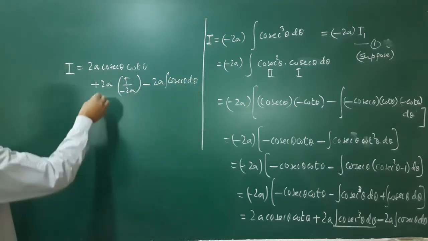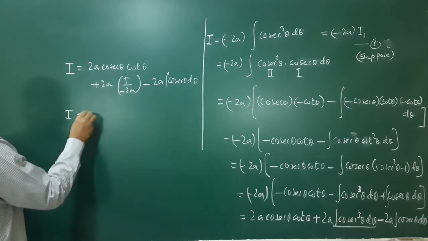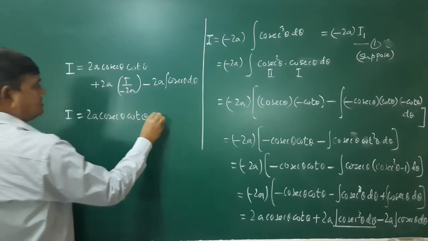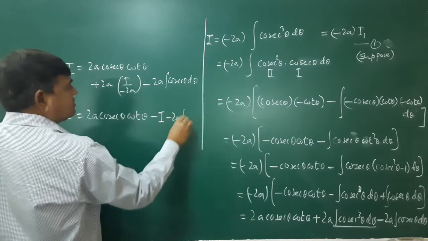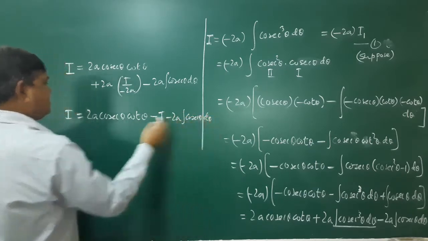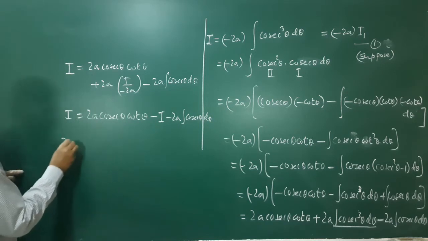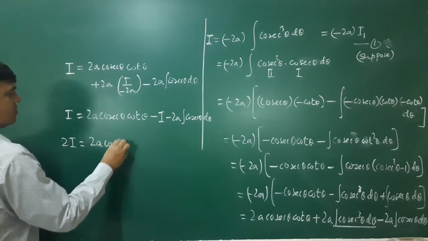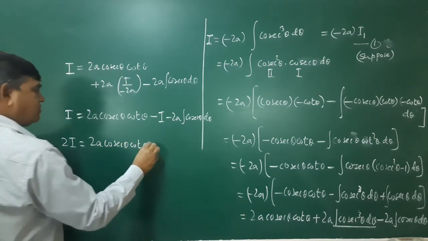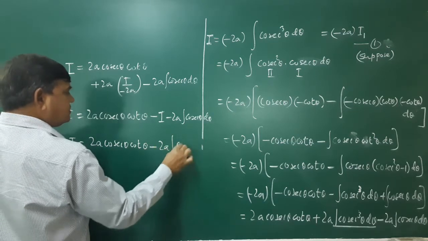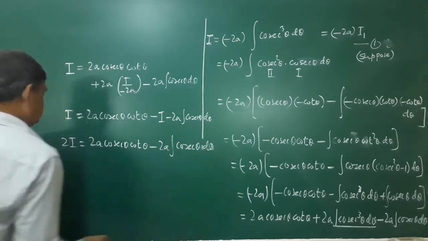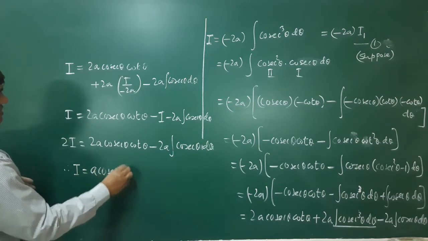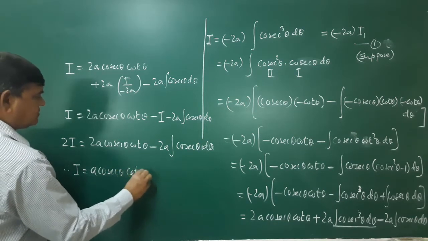This and this cancel out. Transpose this side, so it is 2I equals 2a cosec theta cot theta minus 2a integration of cosec theta d theta. Therefore, I equals a cosec theta cot theta